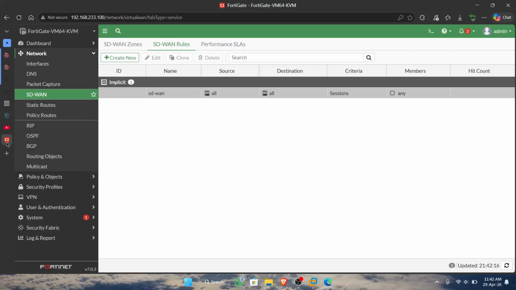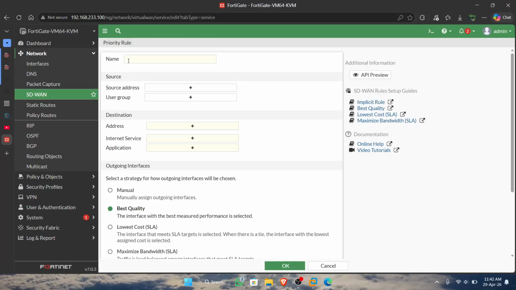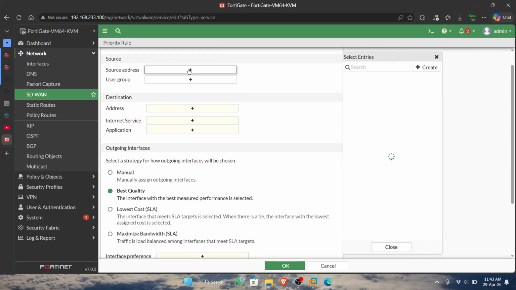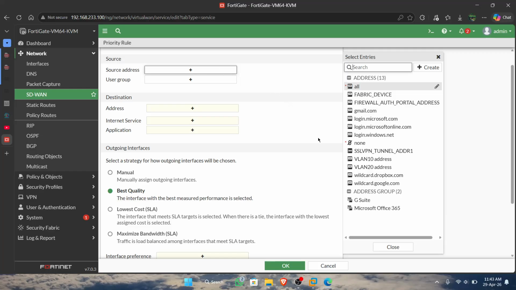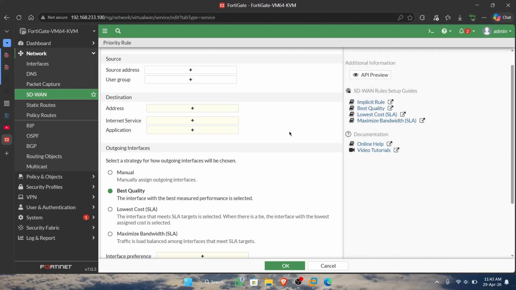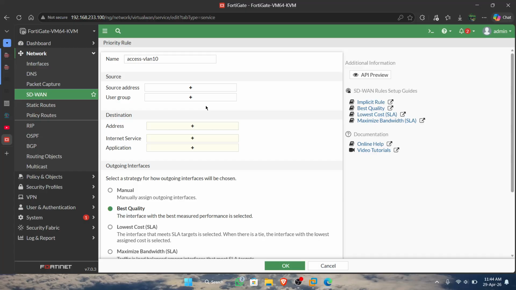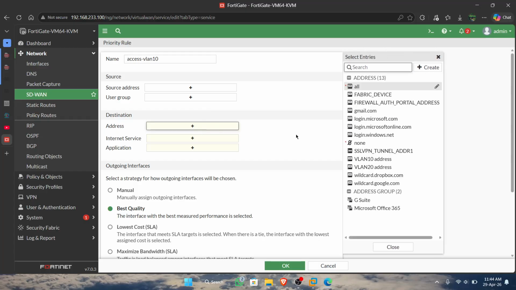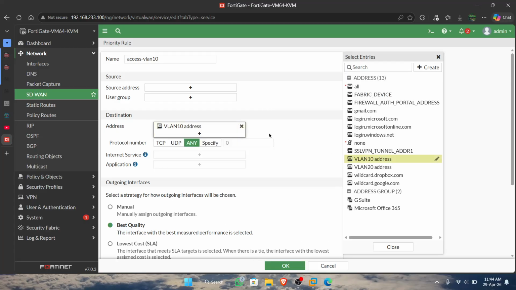So we make rules for SD1, starting with the name. This is the access for the VLAN tag. In the source address, we enter the VLAN 10 address.